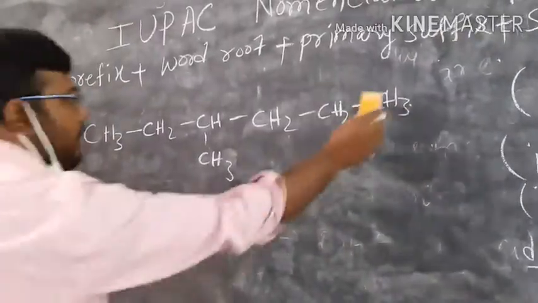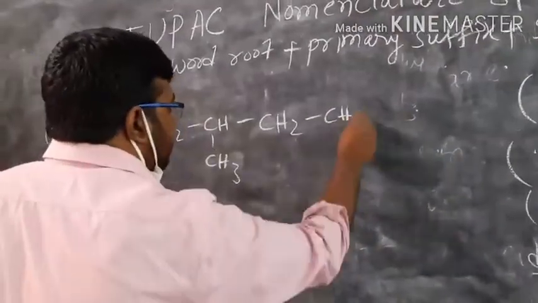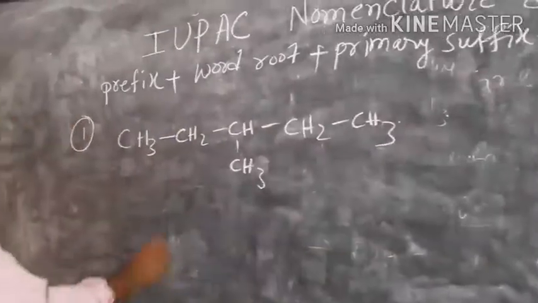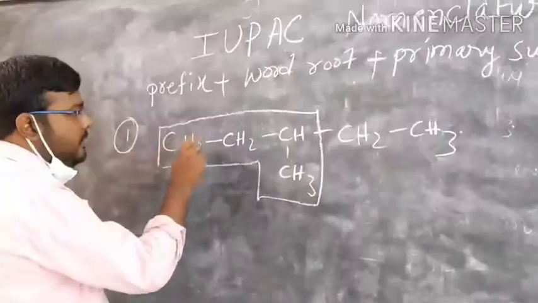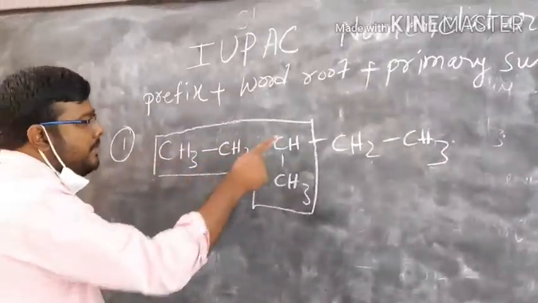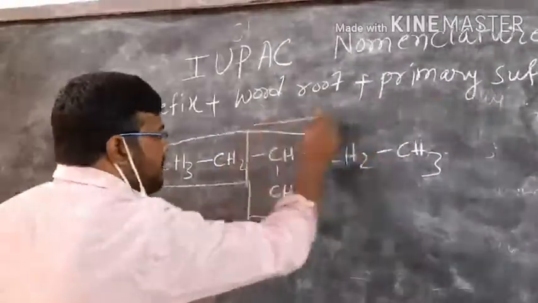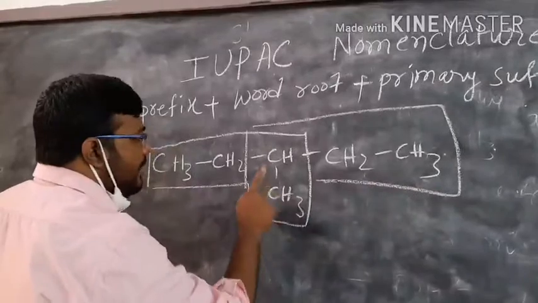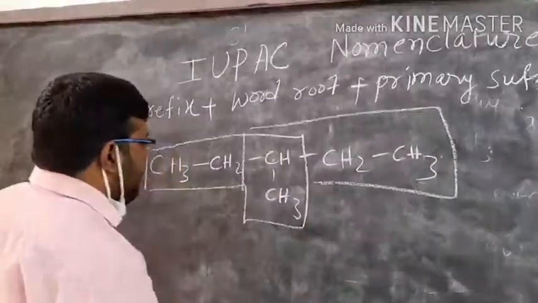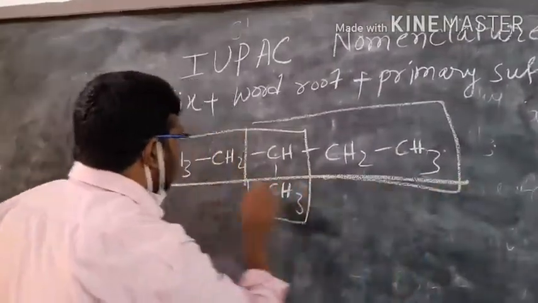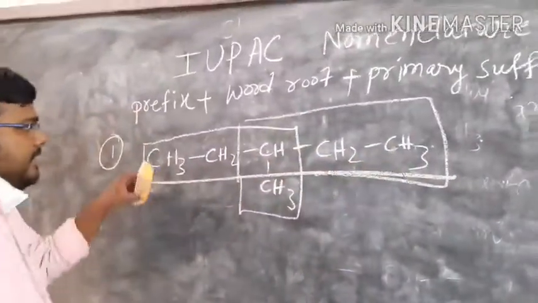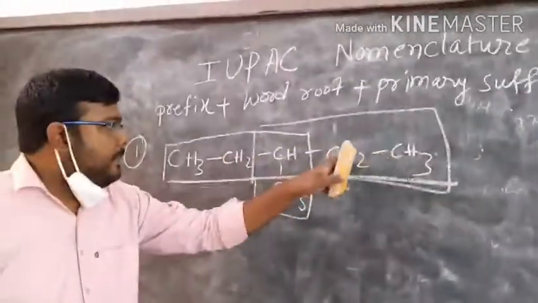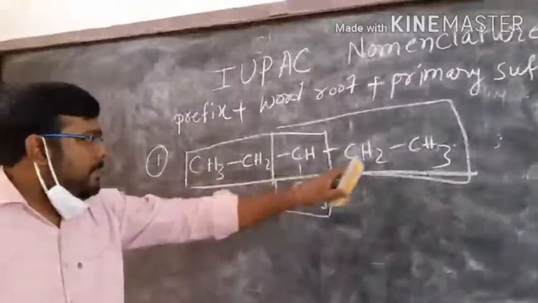Now, let it be like this, CH3. Here you see different chains are possible. One chain is possible, this one, which contains how many carbon atoms? 1, 2, 3, 4. And another chain is possible here, that is also 1, 2, 3, 4 carbon atoms. But if we consider this straight chain, how many carbon atoms are there? 1, 2, 3, 4, 5. Here this chain is continuous and 5 carbon atoms are present.